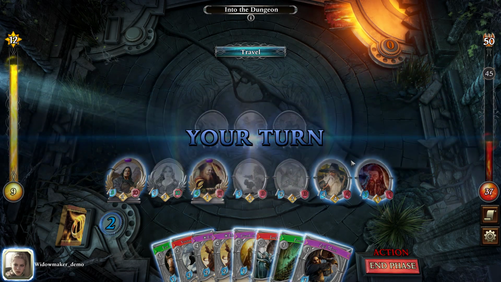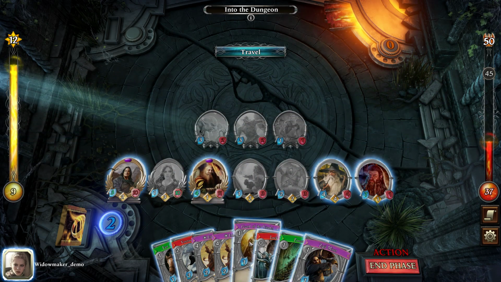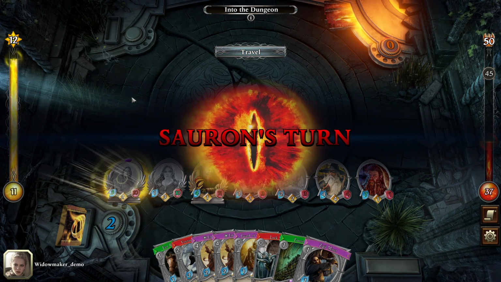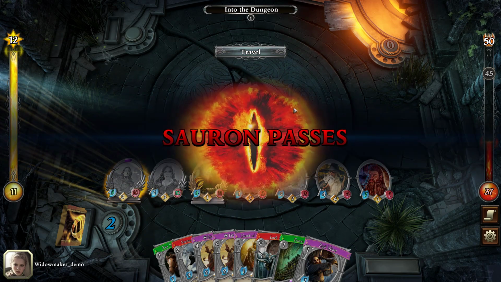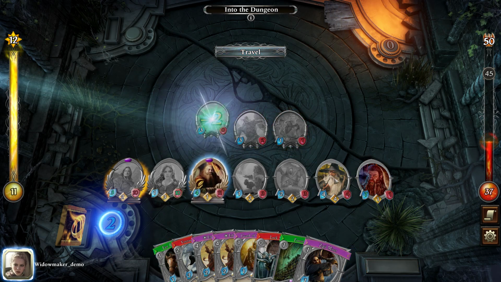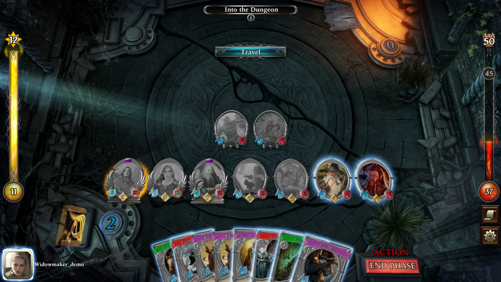Oh, look at that. He just made Bjorn even better. Not that I should be looking to take damage with him. So I'll be looking to play Erkenbrand at the start of next turn. Alright, cool. So he's done that. Really, there's nothing else for these guys to do, so I might as well just...